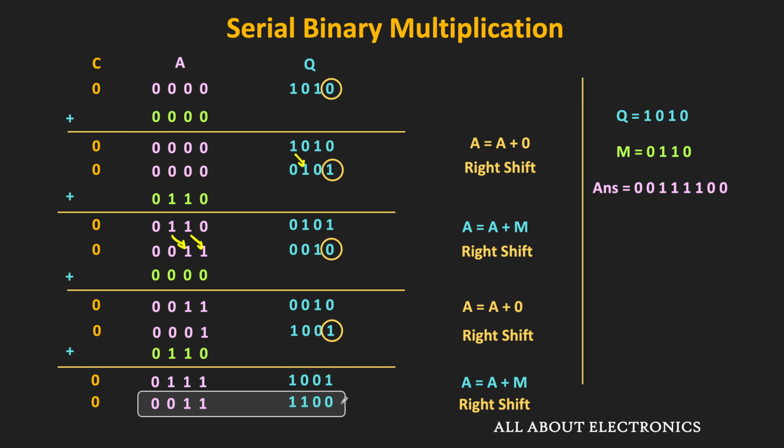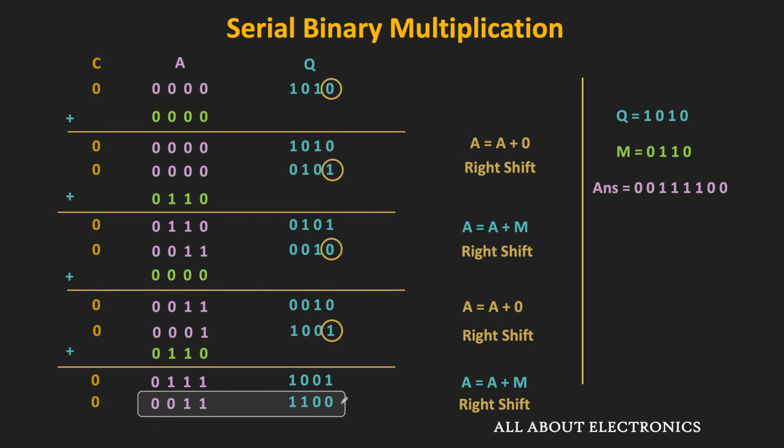So basically, for multiplication of the two 4-bit numbers, we need to perform this add and shift operation 4 times. So in this example, no carry was generated during the addition. But if the carry is generated, then also the process will remain the same. So now, let us take one more example where during the add and shift operation, the carry will also get